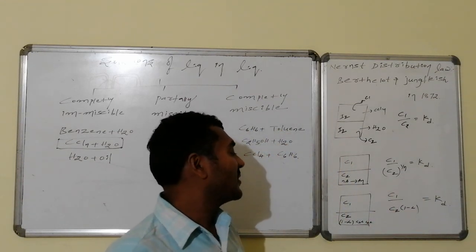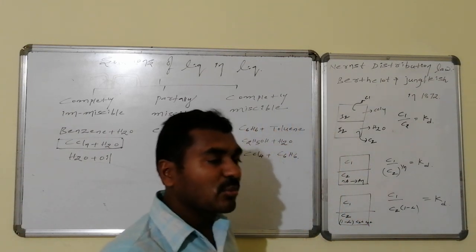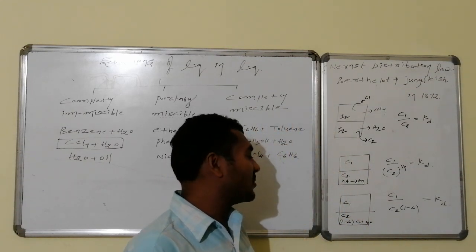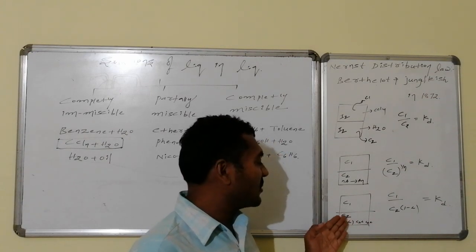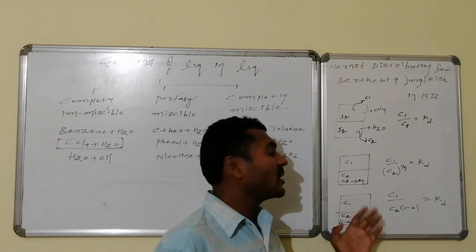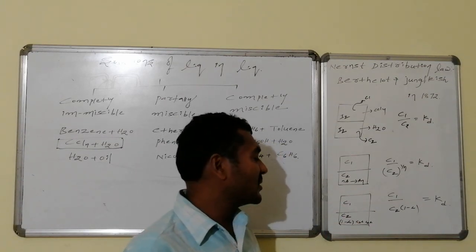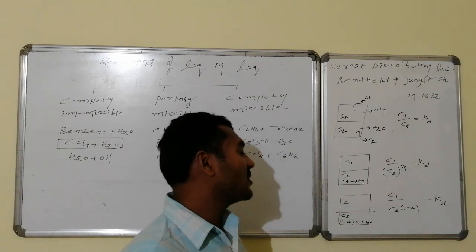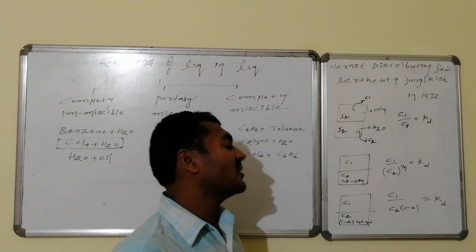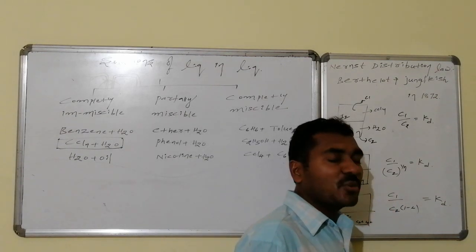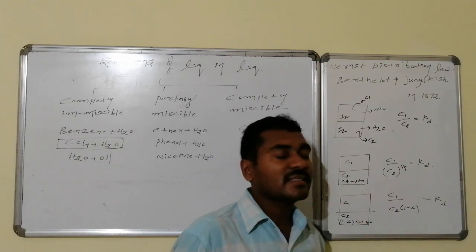In the next case, if any dissociation occurs, then one molecule is converted to more than one molecule. Some portion of the concentration will undergo dissociation, where X molecule is converted to Y molecule plus Z molecule. C1 is the concentration in the upper layer, and C2 is the concentration in the other layer. Here the total concentration is C2, of which some portion underwent dissociation. Then the distribution coefficient can be given by C1 divided by C2 of 1 minus alpha, which is equal to Kd.